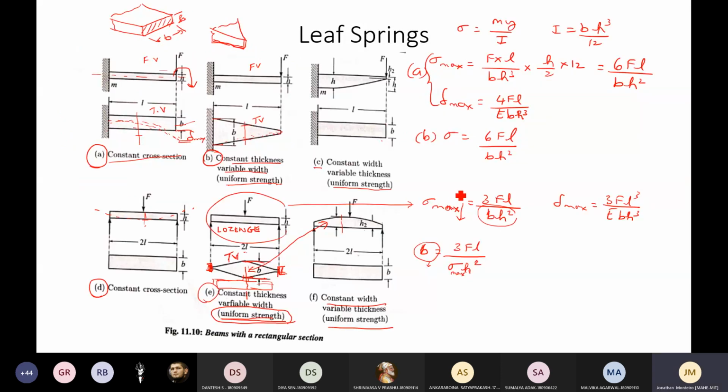So those are some of the advantages of using leaf springs, and we saw from the equation, the theory part as well, how it is practical for us to adjust this B rather than adjusting L or H or any other particular parameter.